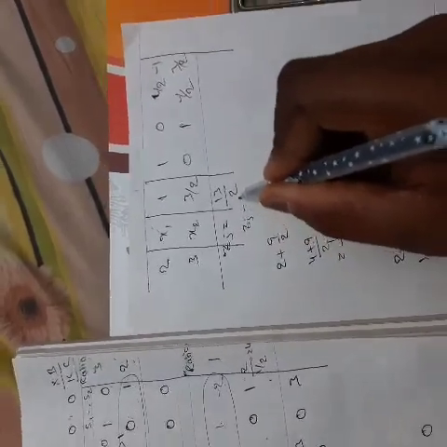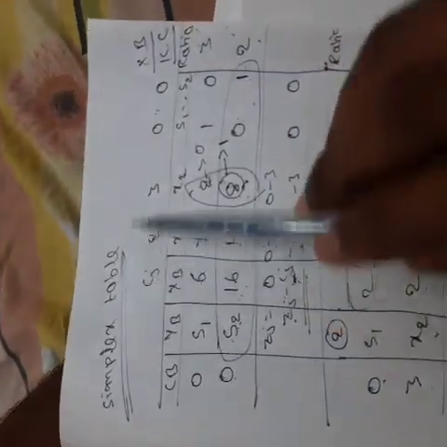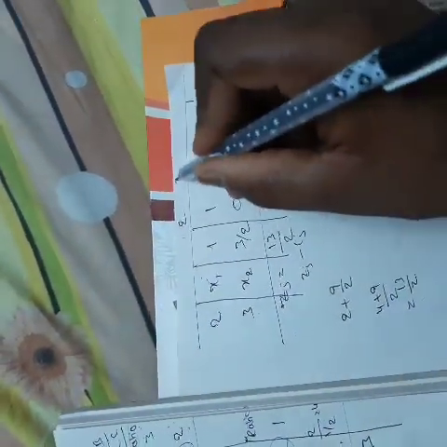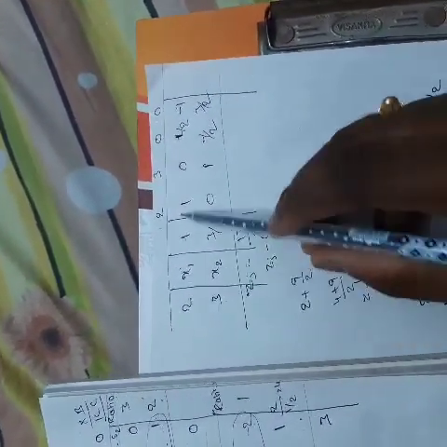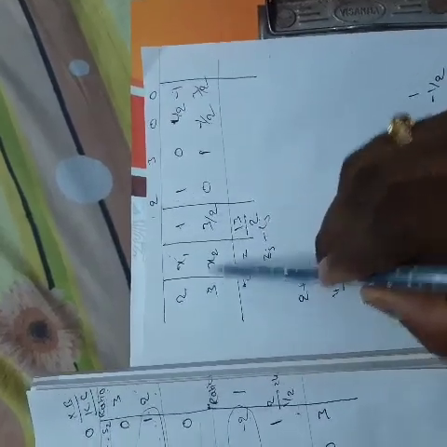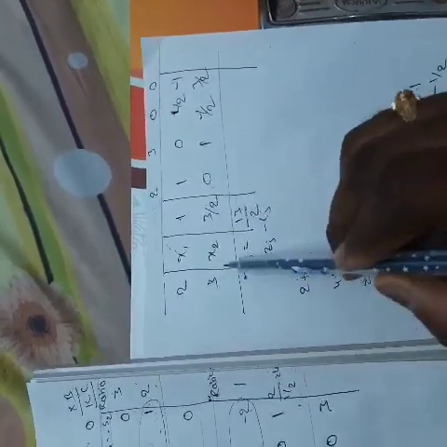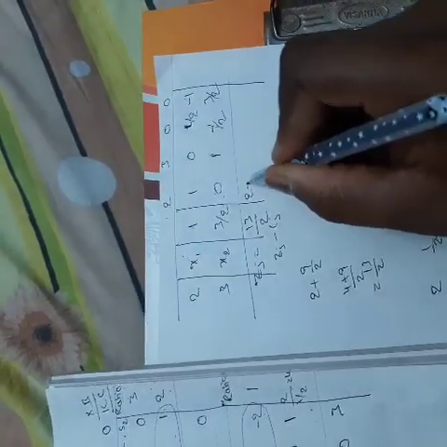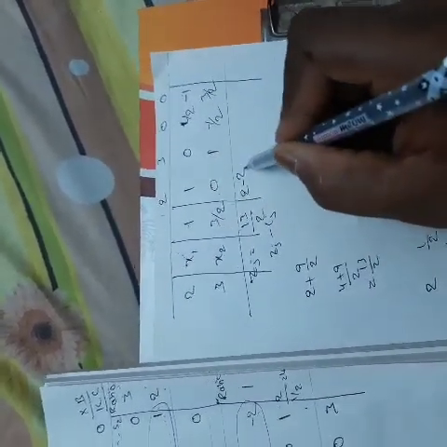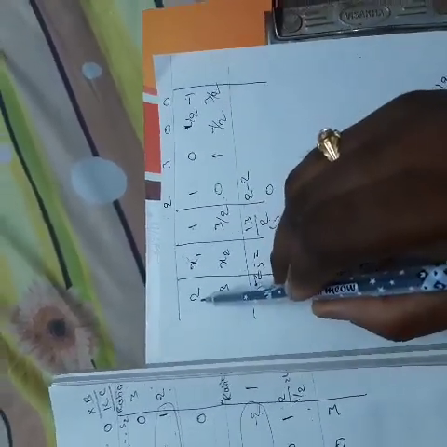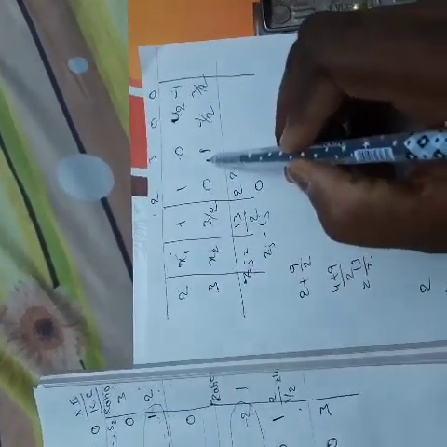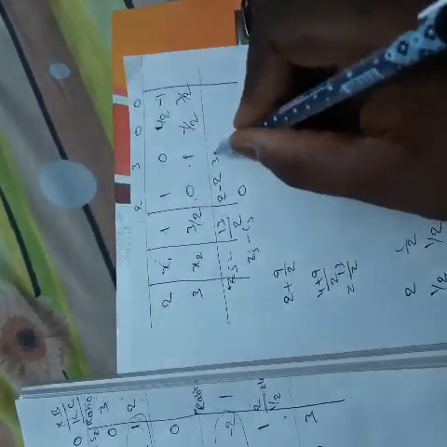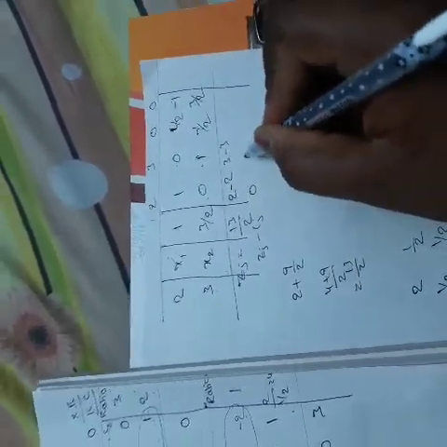And then you have to calculate Zj minus Cj. Let us write the Cj values: 2, 3, 0, 0, so that they can be identified easily. 2 into 1, 2, plus 3 into 0, 0, so 2 plus 0, 2 minus the Cj value 2, the value is 0. Then next one, 2 into 0, 0 plus 3 into 1, 3, 0 plus 3, 3, 3 minus the Cj value 3, so the value is 0.